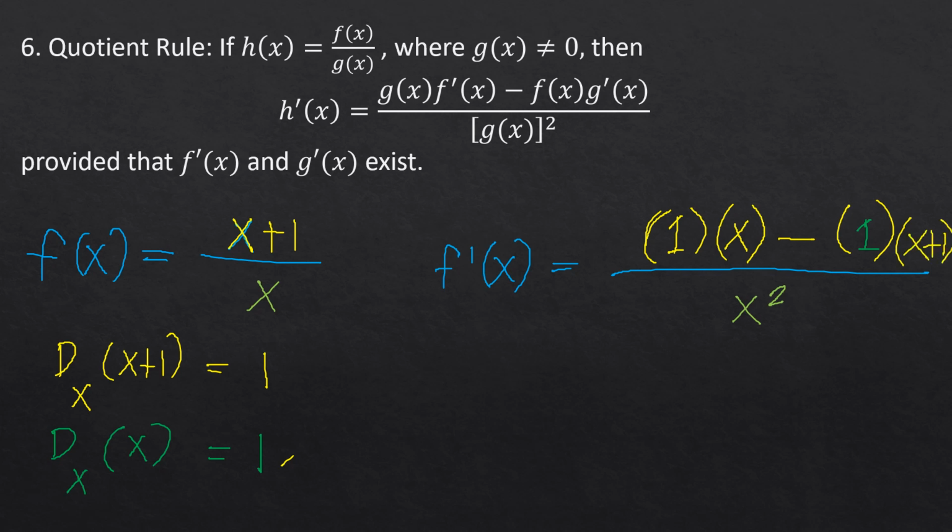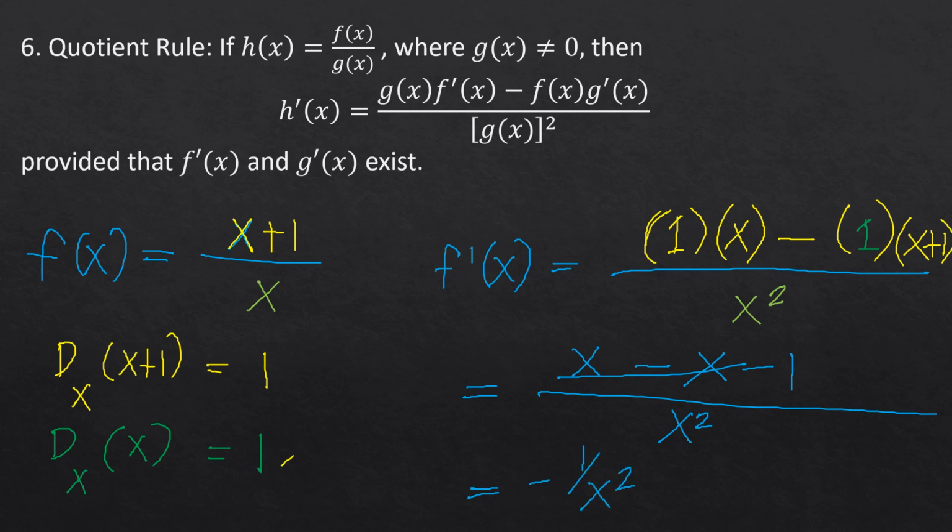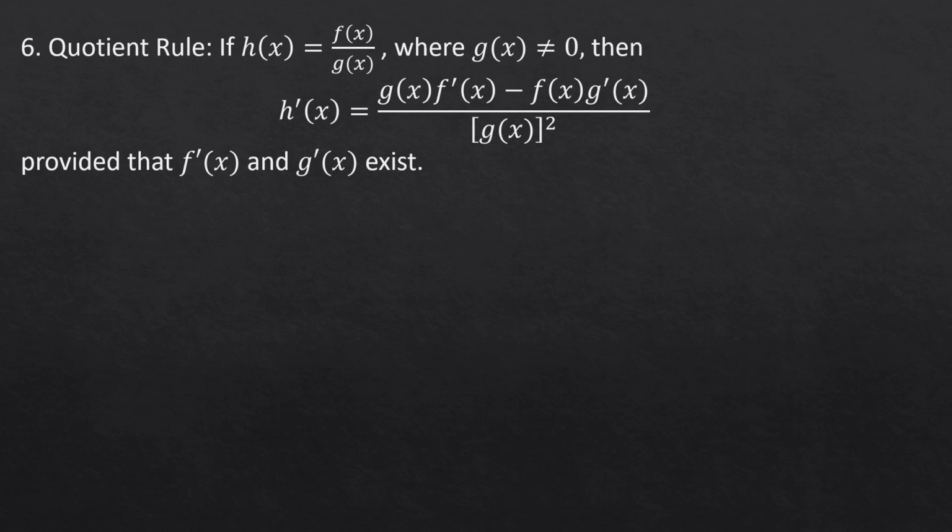So there you go. So mangyari dito, combine like terms. So 1 times x is x, and distribute 1 from x plus 1 is simply negative x minus 1. So we finalize the sign. So we have over x squared. So the answer here is now x times x minus x is 0. So minus 1. You have negative 1 over x squared. That is the derivative of function f. So another example,